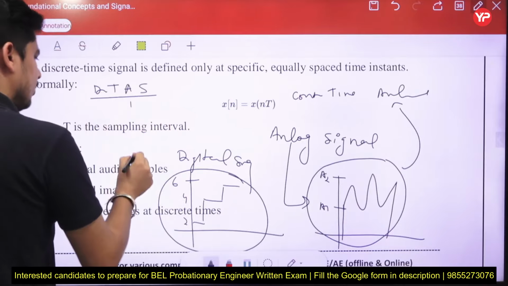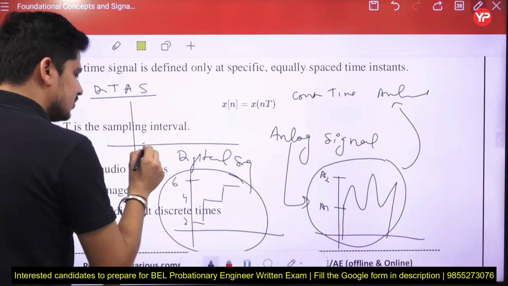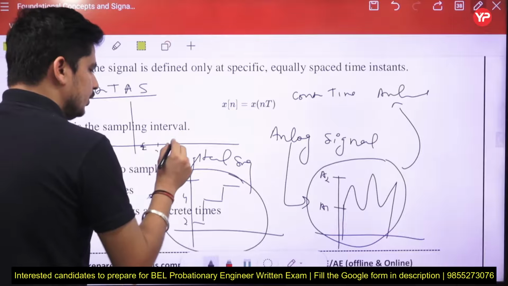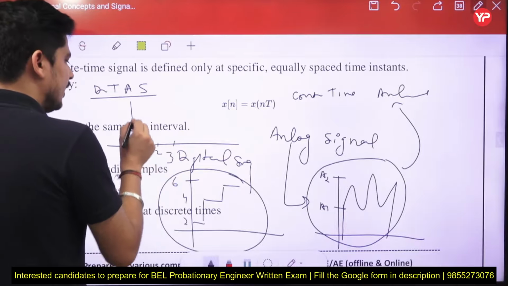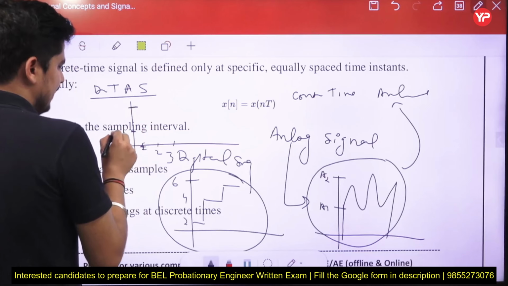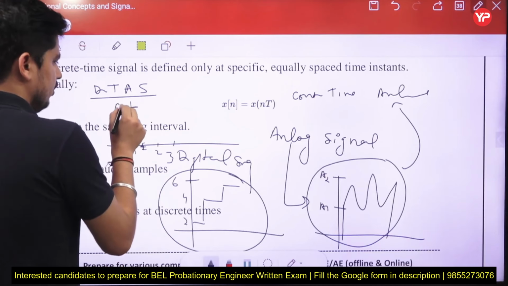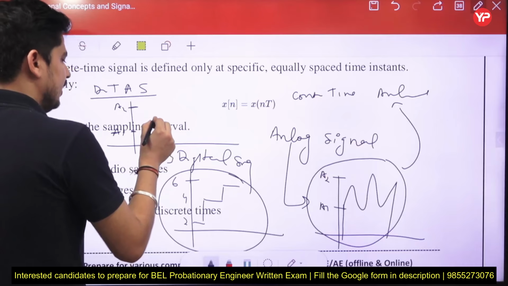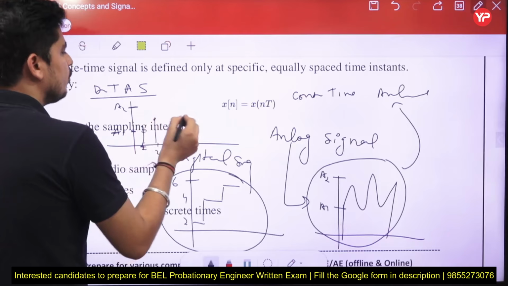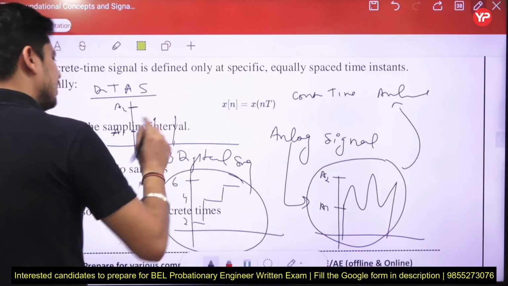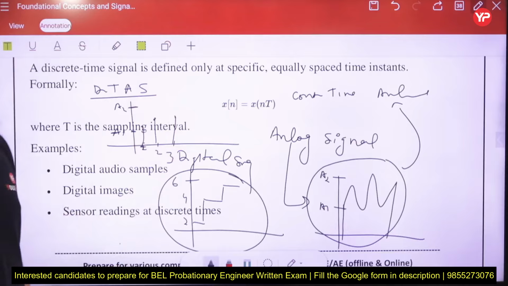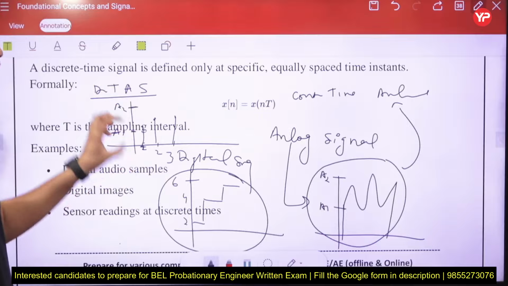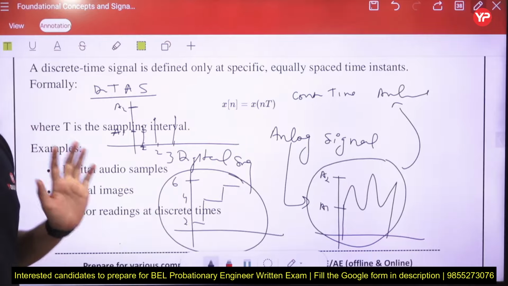So discrete time analog signal is what? At time axis it is discretized, means it will take the value at n equals 1, 2, 3. But amplitude can take any values between, let's take, A1 to A2. So at n equals 1 it will take the value 1.1, something like that. Then at n equals 2 it will take the value 1.252, something like that. So it will take any values, not discrete values, at the amplitude axis. So we can say this is a discrete time analog signal.